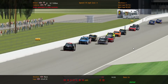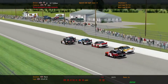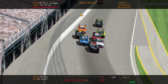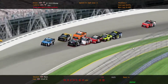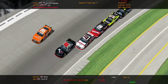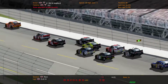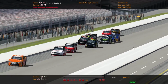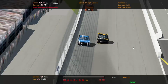Now they are going to run up on a slower car, the 89 of Morgan Shepherd. That will allow the inside lane to prevail, and Blaney comes right on the nose of Chris Buescher. And Shepherd's going to block the 22 as he comes down the track. That allows Ty Dillon, Kyle Larson, and Daniel Suarez to get by. Blaney trying to get on the inside, he does. Blaney gets by, Buescher gets by, Menard, Wallace, Kyle Busch, Edwards all stuck in behind the number 89 of Morgan Shepherd. What that has done is that one driver's been able to get away from the field, the 88 of